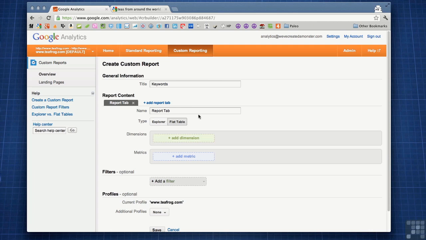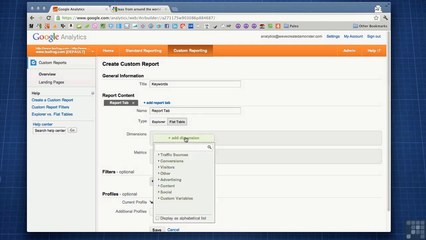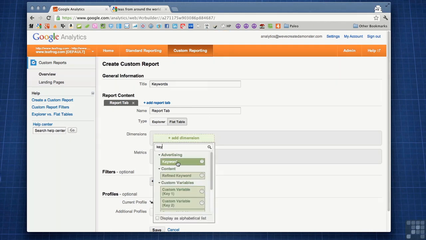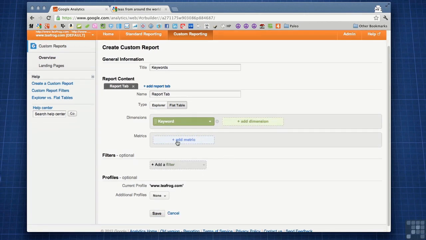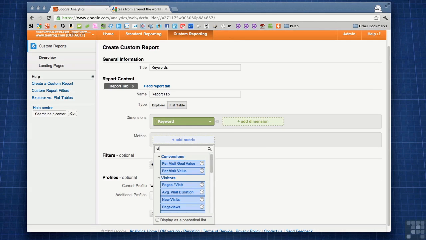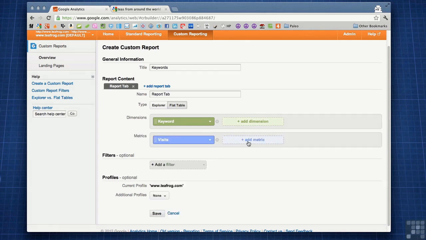So the first thing to do is add keyword. There we go. And for now, we'll just stay with keyword and metrics. Same thing. We're going to do visits. And